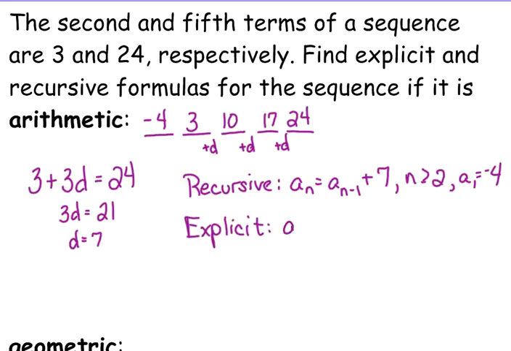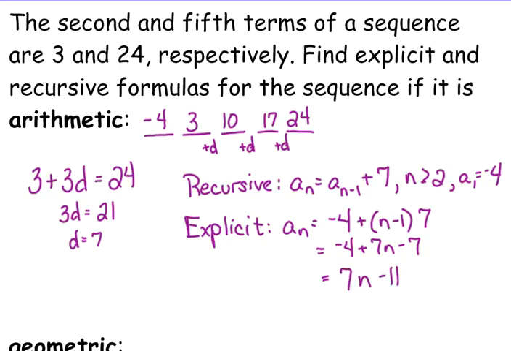Explicit would be a sub n is equal to my first term, negative 4, plus n minus 1 times my common difference of 7. We should always simplify. So 7n minus 11. And my personal opinion and suggestion to you is after you get that explicit formula, plug it in